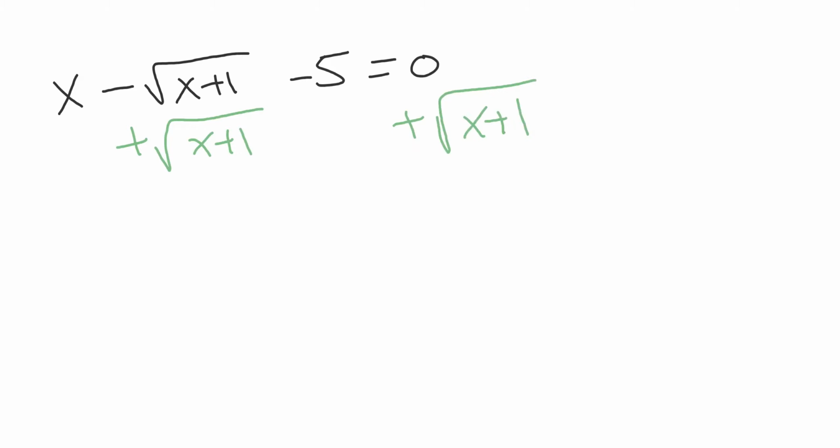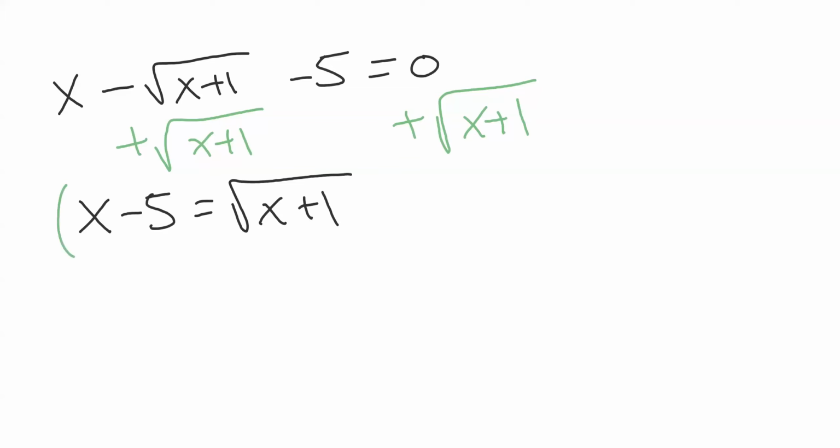And if you're wondering why I'm moving it to the right versus moving the other stuff to the right, it's because it's nice to have all positive terms, and we don't have to worry about messing with negative numbers. So we're going to have x minus 5 equals the square root of x plus 1. We square both sides. And we end up with x squared minus 10x